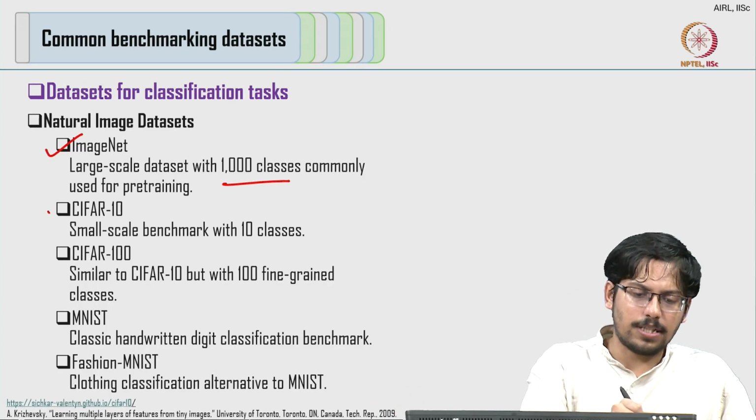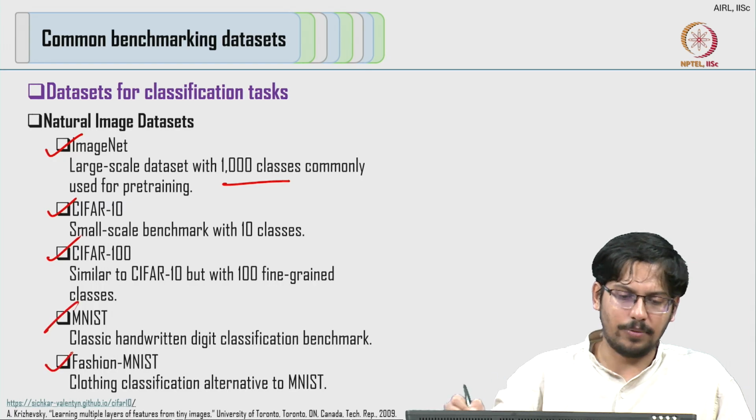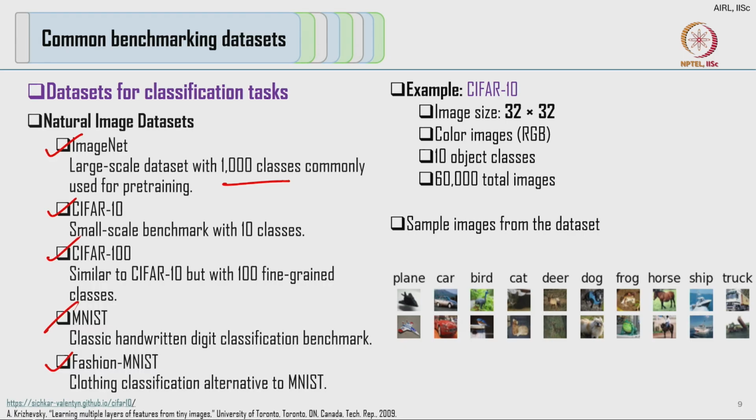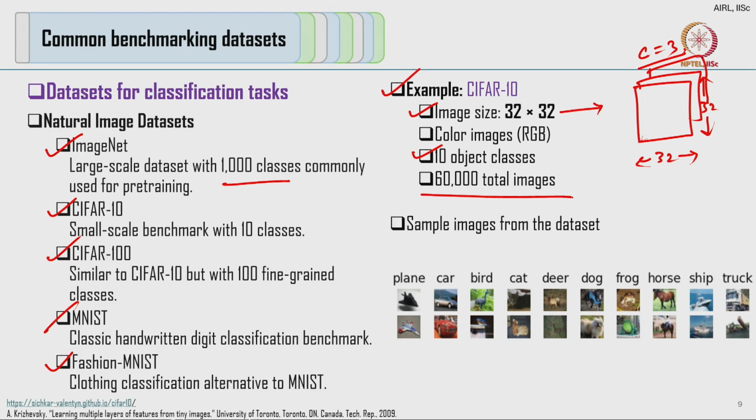Now, other datasets include CIFAR 10, CIFAR 100, MNIST and Fashion MNIST, right. An example of the CIFAR 10 dataset is given here. In the CIFAR 10 dataset, the image resolution is 32 cross 32. Essentially what it means is the height and the width are 32 cross 32. Since it is an RGB image, it will have 3 channels, which is RGB. So, the number of channels is 3, right. So, whenever we look at this type of information, we know how to interpret this, right. Okay. There are 10 object classes and about 60,000 total samples,